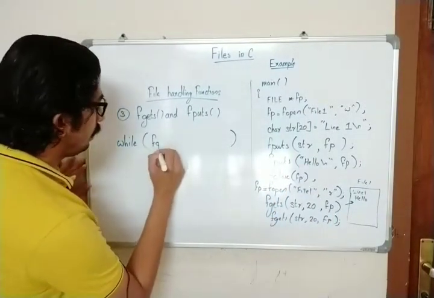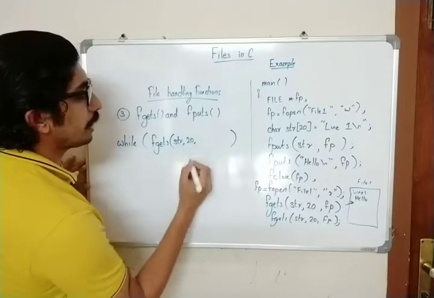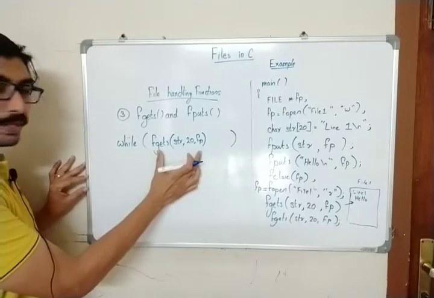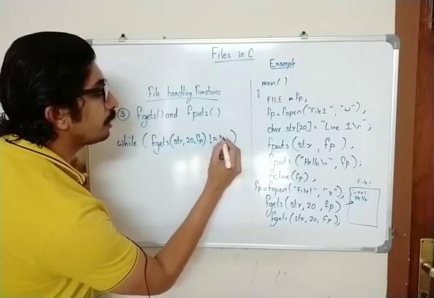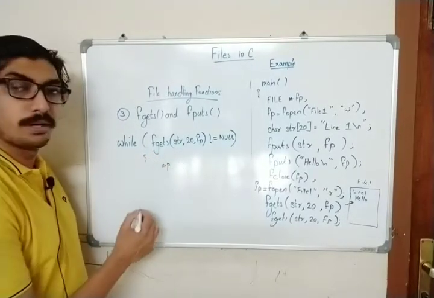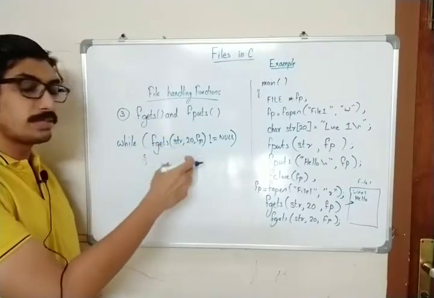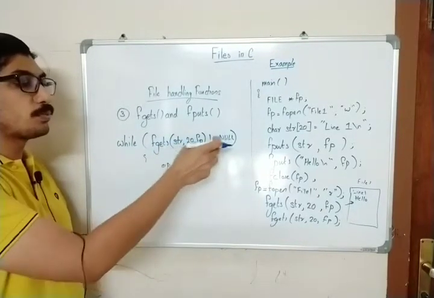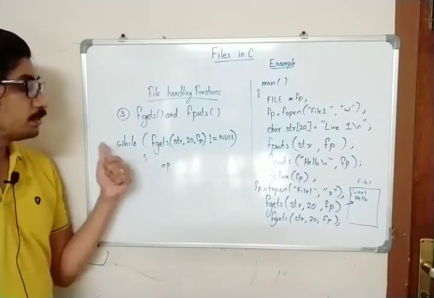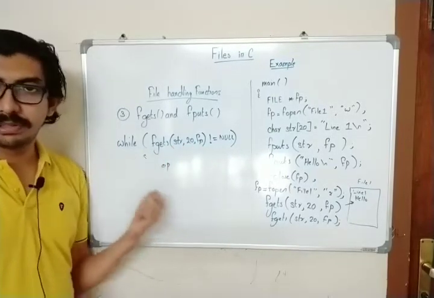So you will read with fgets into some variable with a maximum size, and you will denote the file pointer, and the result will be the line from that text. If it is not equal to null, you can continue with the operation to be done. In the next fgets it will read the second line, third line, and so on, and once it reaches the end, this condition will become false and it will come out of the while loop. So if you have to read multiple lines, you will go for a loop and this will be the condition. Until it reaches the end of the file, you will continue this process.